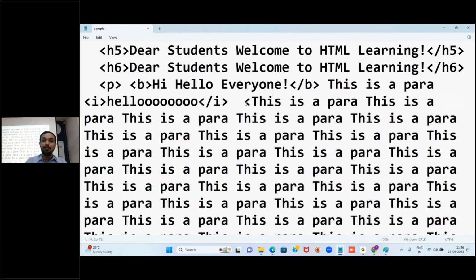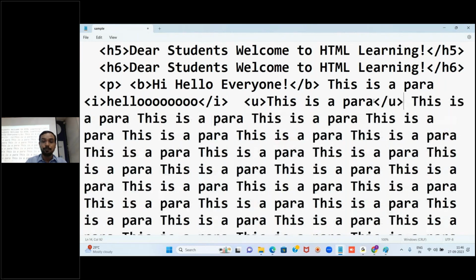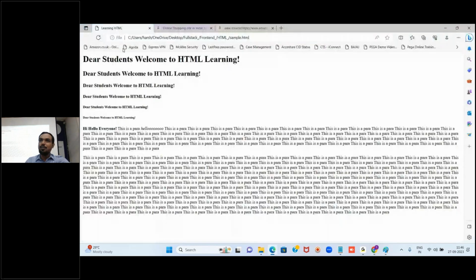For that, the special tag we use is U. What is the tag name? U. So just open and then close the U. Now save and go to this. See, before reloading, there was no underline anywhere. But yeah, see, after immediately italic, you are able to see one underline is fine. Same way,